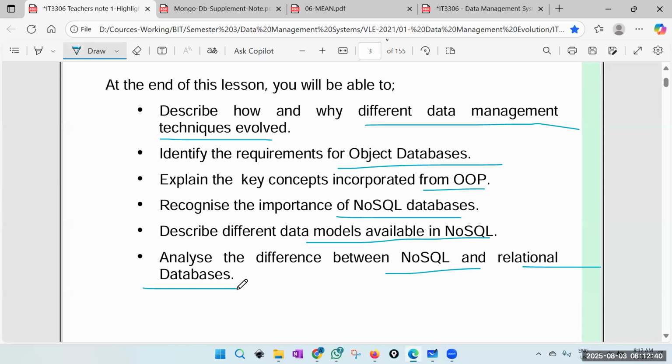Remember, we have already worked with NoSQL databases under web development 1. So we connected to MongoDB using Node.js. But there we just had a quick look at NoSQL or MongoDB, right? So this time we are going to look at it a little bit more in detail, but not much detail. We are going to do a small revision. Okay. So you must already have familiarity with the NoSQL or the MongoDB database. Because we did that in semester